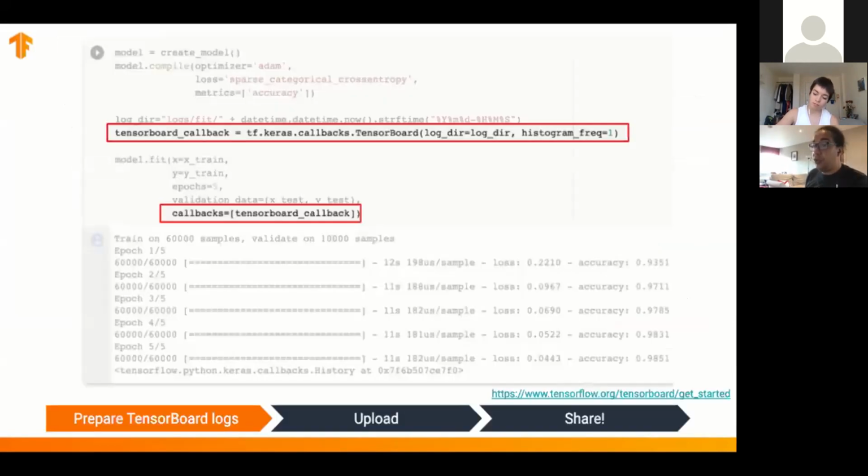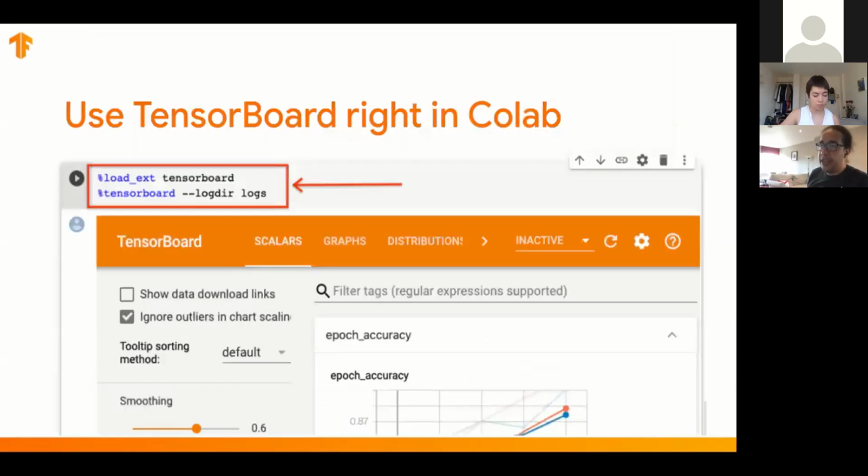And how would you use TensorBoard? First of all, you just define a callback. If you're doing a Keras model, you define a callback and the log directory, and you add this callback to the fit method of your model, and that's it. It will save everything that's needed in the proper directory. And then you can do something that's really cool, which is use TensorBoard directly inside your Colab. These two lines are very interesting. If you didn't know about that, please take note.